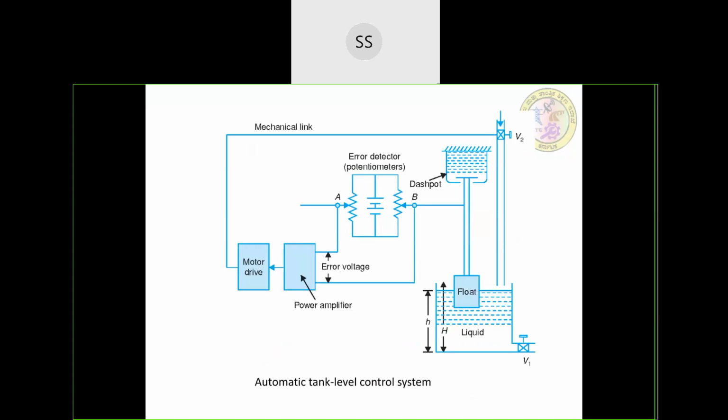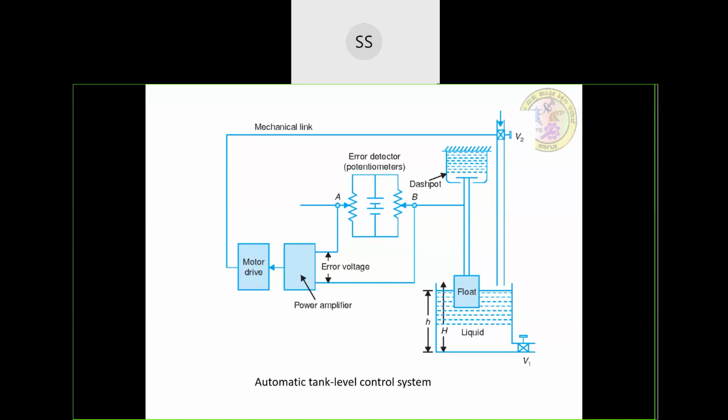Here is one example of a closed loop system. What is this? This is the automatic tank level control system. It is not just a block diagram like before, it is actually a physical system, where there is a water tank. In this tank we want to maintain a certain water level or liquid level. Whether the liquid level is at the correct level or not has to be sensed in order to take any action. Whether to fill the tank or leave it as it is, that decision will be based on sensing the level.